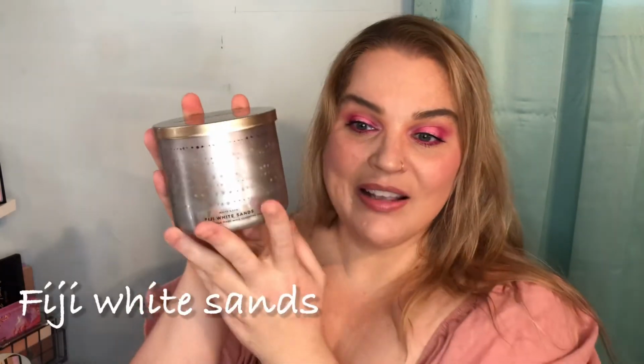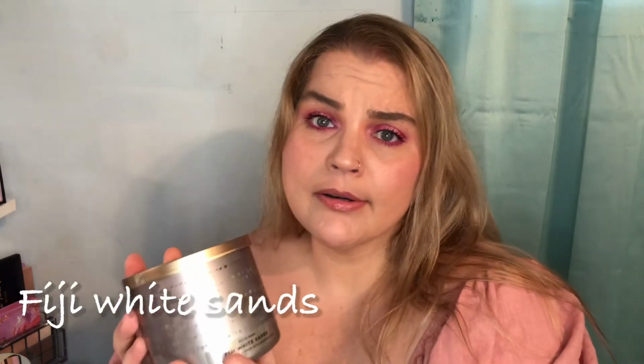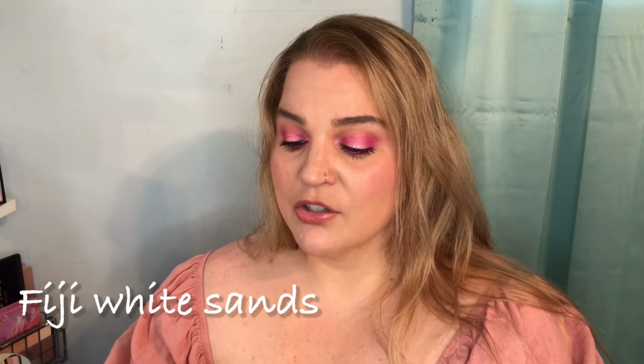Last, but certainly not least, first I gotta say, I absolutely love the packaging. This is the Fiji White Sands. There are so many sand, tiki, summer scents on there right now, so I had to really read the descriptions and the reviews and decide which one to get. This one is described as fresh cut sugarcane, white nectarine, sandalwood. I love nectarines, I love to eat them. And I thought it would be better than something super strong with coconut, because a lot of summer and tropical beach scented things smell like suntan lotion or coconut, and I just wanted something slightly different. So I just touched my nose on the outside of the...